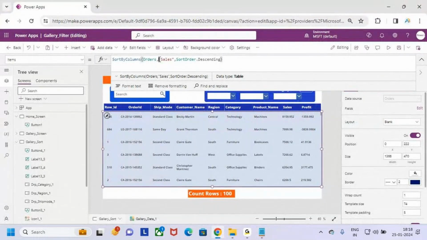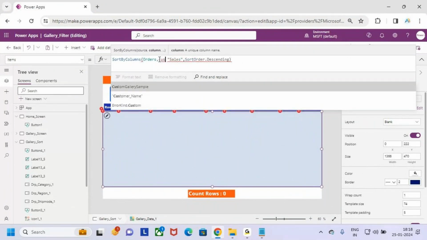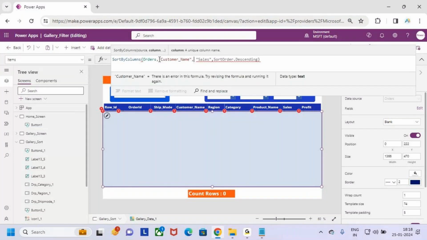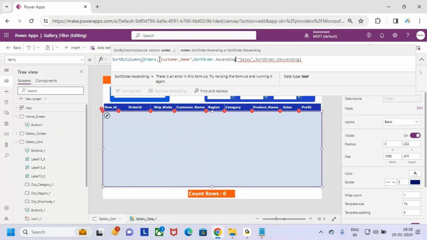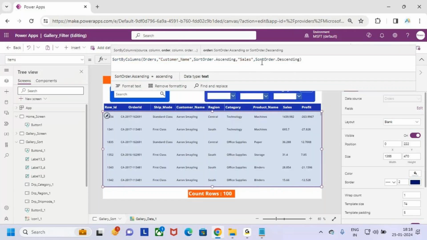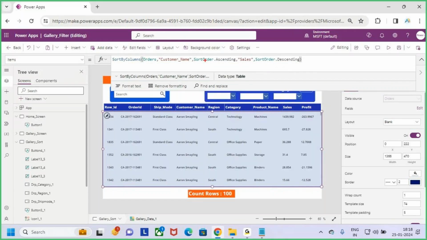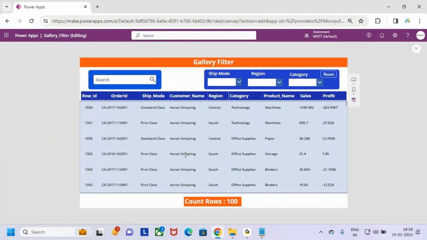First I want to sort the data based on the customer name column, in ascending order, and then a comma. Next I sort the data in the sales column in descending order. So first I am sorting based on customer name in ascending order, and after that based on the sales column in descending order. Now if you save it and play the app, see, first it is sorting the data